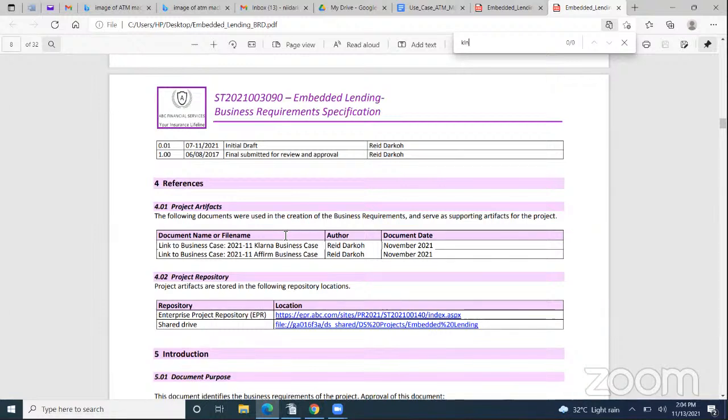I have a question for Reid. Can you go to where you display the partners, or the list of hospitals in partnership with ABC?